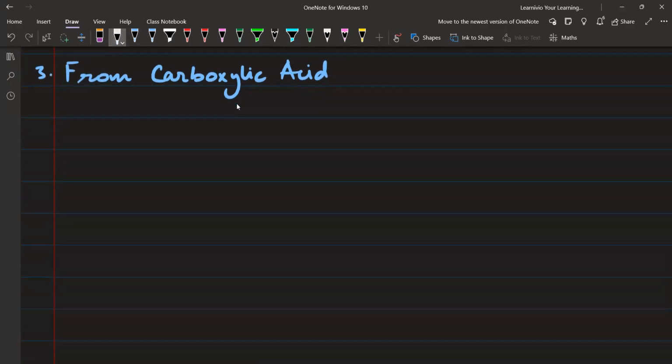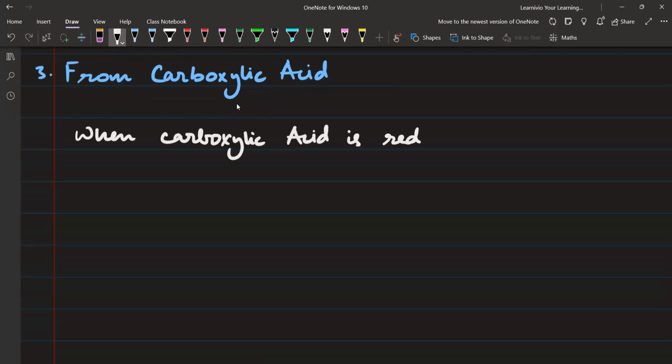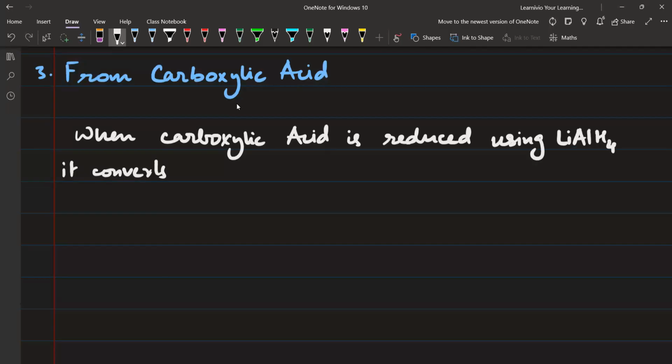When carboxylic acid is reduced using lithium aluminium hydride, it converts to 1 degree alcohol with the same number of carbon